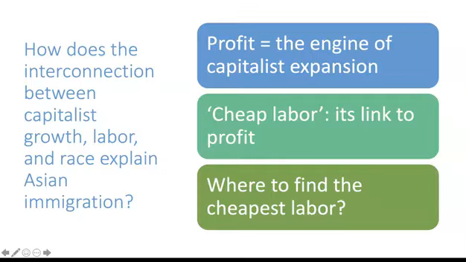Okay, so as I mentioned in this slide at the very top, this should seem intuitive to you that what propels capitalism in its expansionist tendency is profit primarily. Okay, that is the motor, the engine of capitalist expansion, profit. For example, in our hypothetical case of a small coffee shop, the reason why they want to expand to the next area geographically is because of profit, right? You want to make more profit.